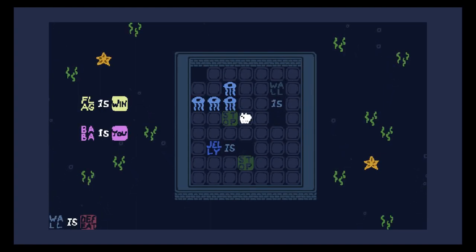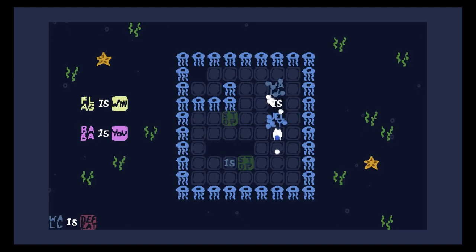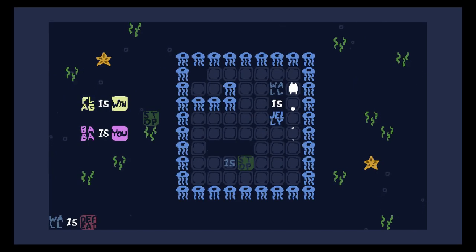I think this might be the first level in the game where I got stuck for a significant amount of time. I was stuck here for several minutes, and the solution is you can build a noun is noun rule. You don't always have to build an actual rule with one of these colored square tiles. You can make wall is jelly to do this nonsense, which means you can...